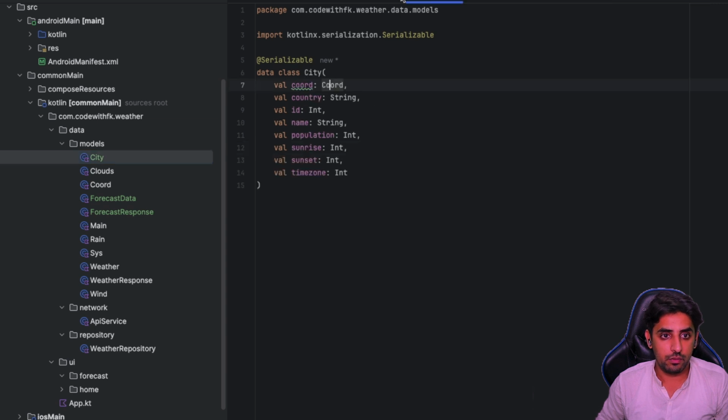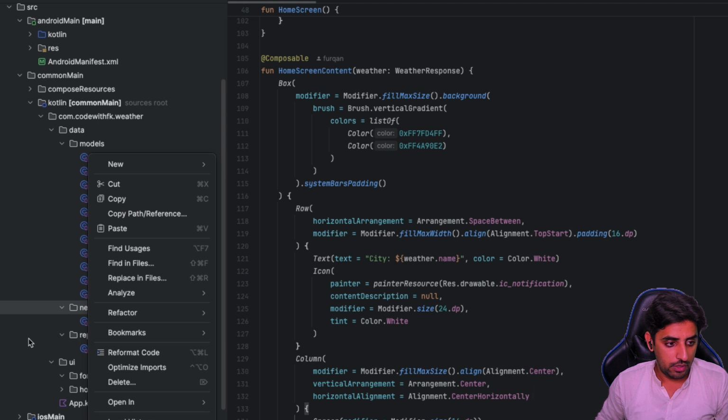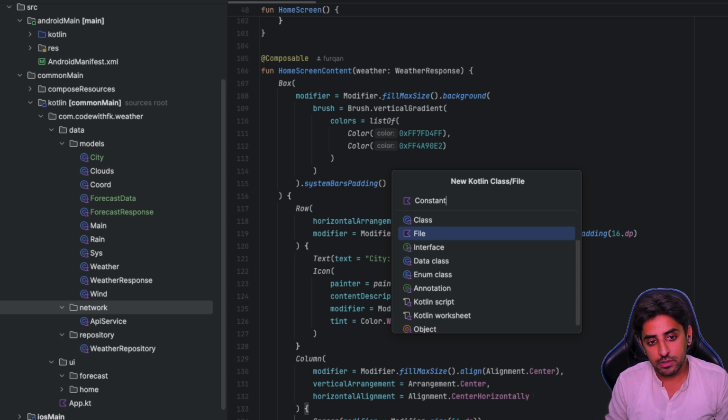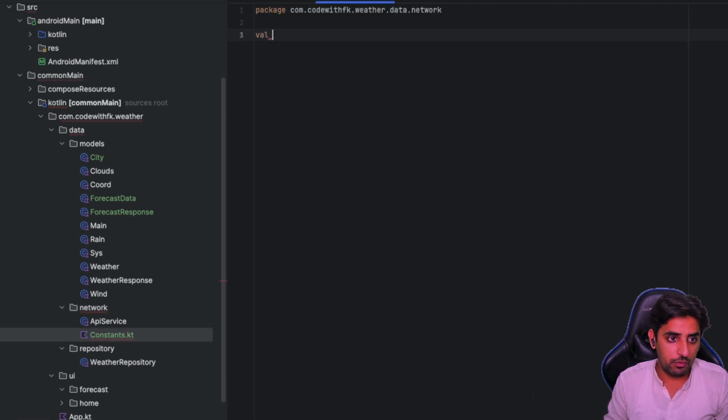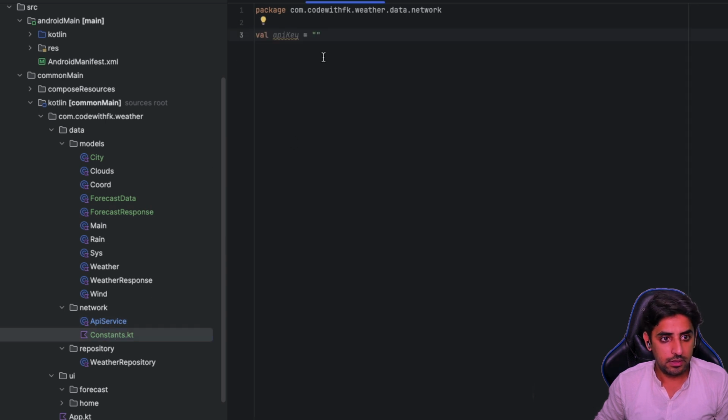Now the next thing that I'll do is that I'll go to my API service, like the network service. But before going there, I'll do one more thing, and over here let's just create a simple class and call it constants. Okay, and over here I'll call it API key equals to something like this. Okay, so that is going to be the key that I'll use. So I'll go over here to the API service, and whatever API key I used before over here, I'll just get rid of that, and I'll paste it inside the constant class. Okay, you can get this API key from your